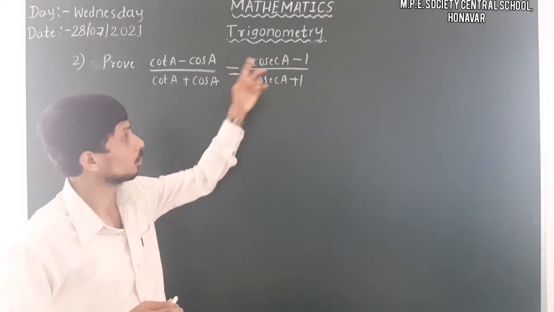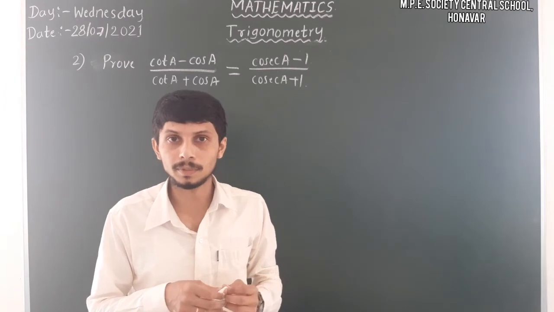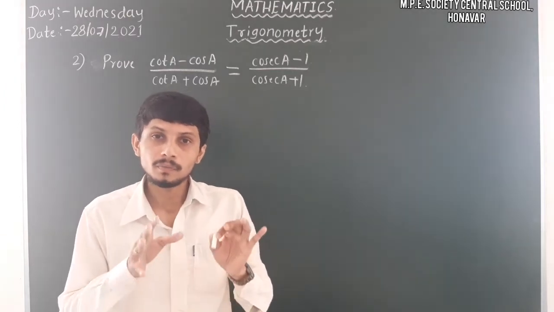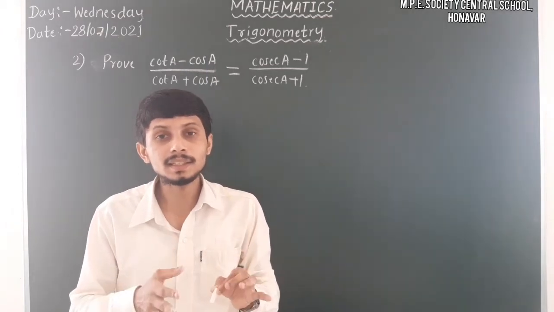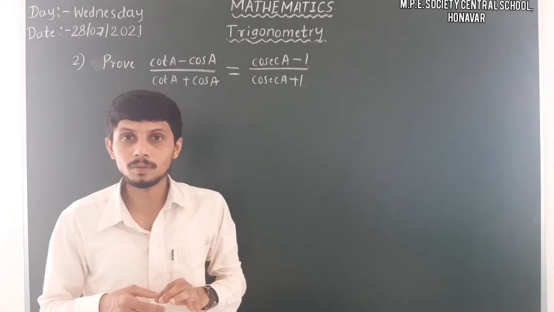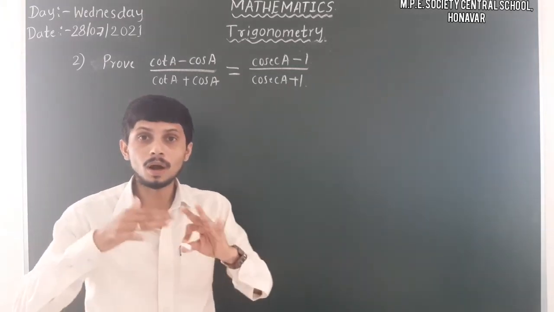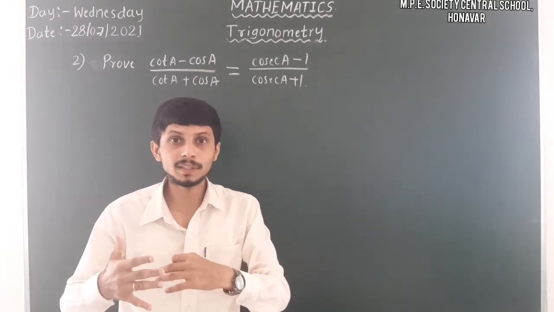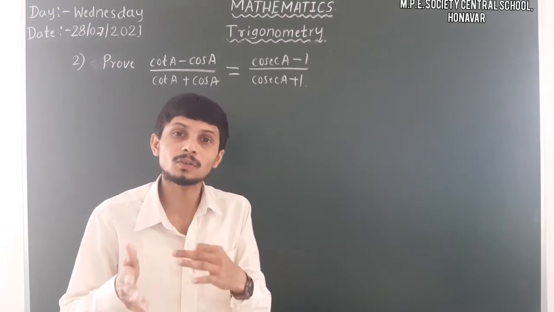And here just observe, cosec A directly relates with sin A, it is directly the inverse of that. So that's why when you have sine A in the terms, then we can easily convert it into our required form. So firstly we have to convert it into the form which is easier for us. In that form we have to convert first.